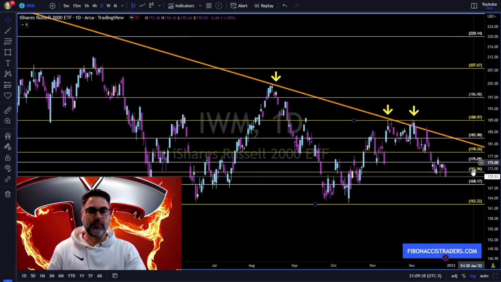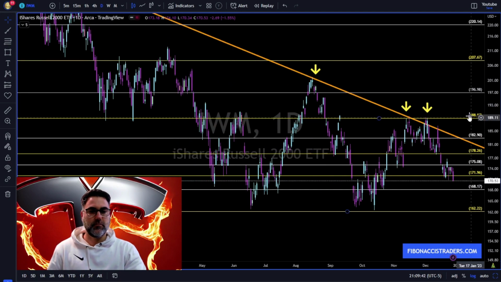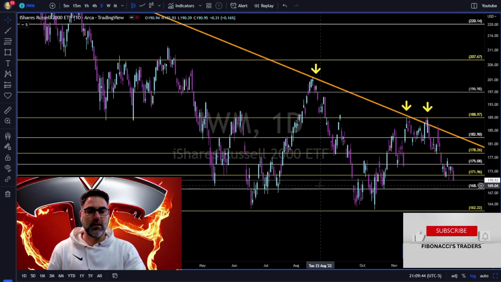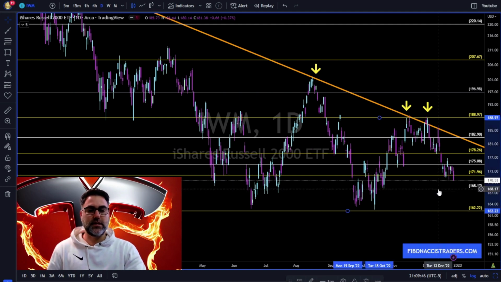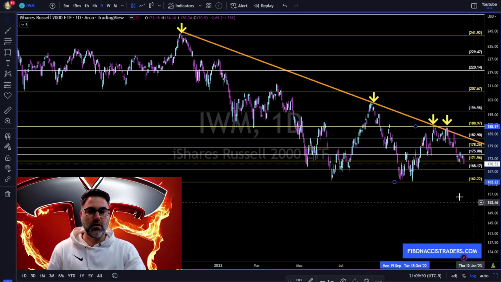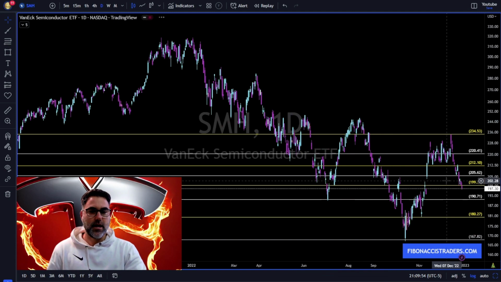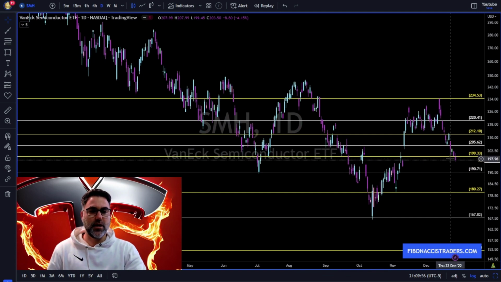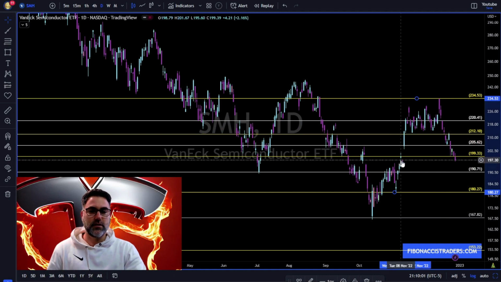IWM, also we can see full bearish sentiment going towards the 168, and if this one fails to hold, 162 will be next. SMH breaking below the 200 and going towards